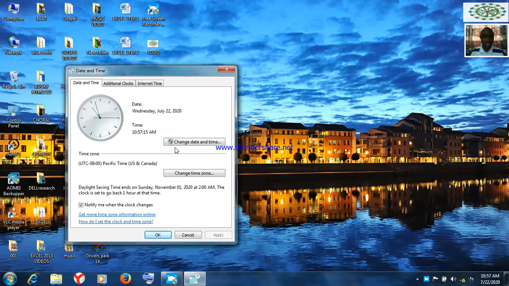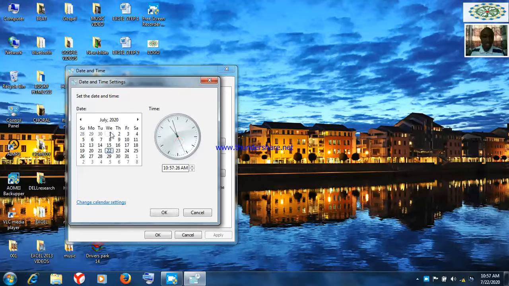So now you know where we are going to click: change date and time. You see the same information. If you want to change the year, you click on the year twice, then you click on the particular year. Then it will pop up the month, and after the month, it will pop up the day. You choose your day, the 22nd. Okay, still correct. Then you go to the time: the hour, the minute, the seconds, and the AM and the PM. When you are done with these things, you are done. Then you say OK, the same thing.